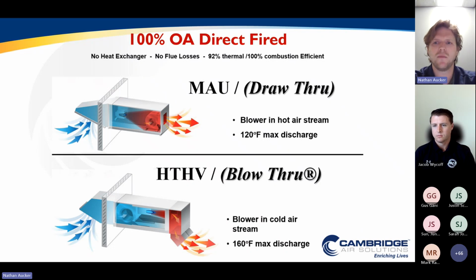And on the bottom, we're looking at a direct fired combustion system, meaning there's no heat exchanger, there's no flue losses, and this leads to 92% of the thermal energy in the combustion process being delivered to the space. And actually, if you think about the combustion efficiency, it's 100% as there's no wasted energy. What I'm saying here is the combustion is delivering all available energy to the